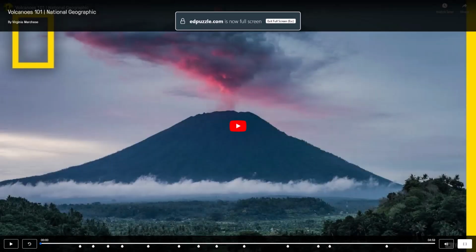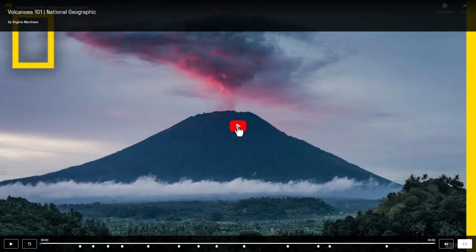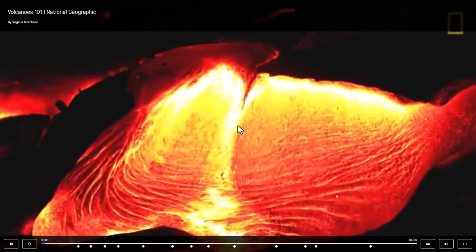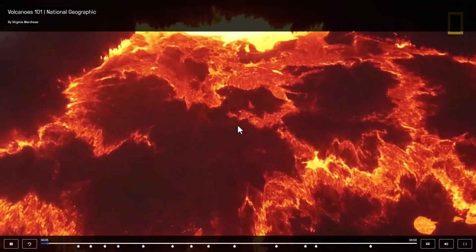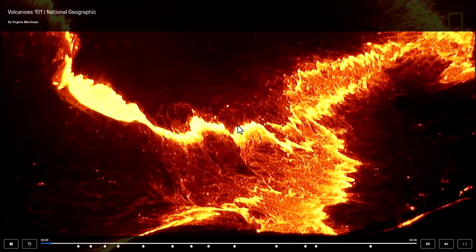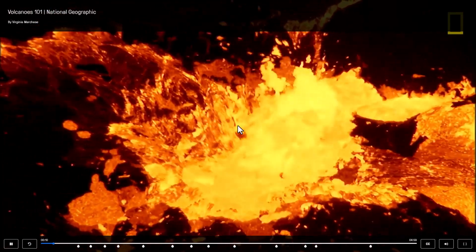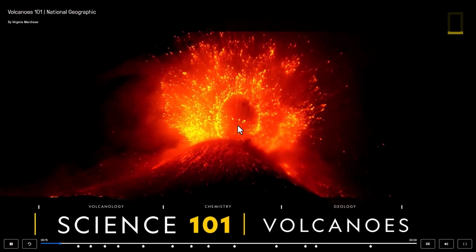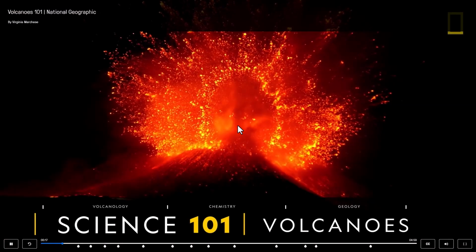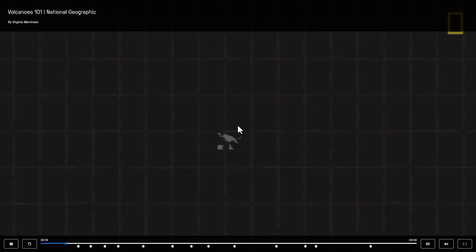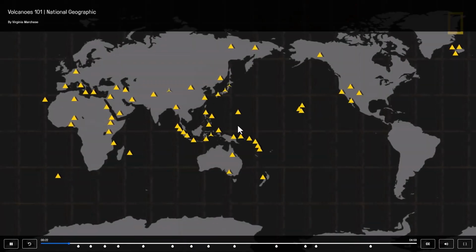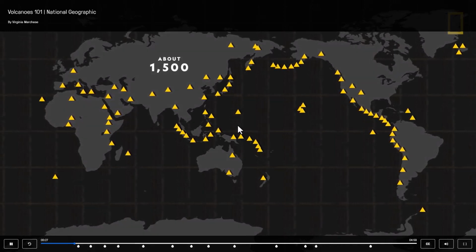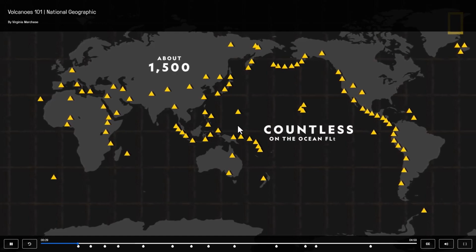They will be watching this video. Portals into the heart of the Earth. Bottomless cauldrons fueled by an ancient wrath, bubbling and boiling thousands of miles beneath the surface and just waiting to burst through. Volcanoes are scattered across the planet. About 1,500 active volcanoes can be found across the world, though countless others